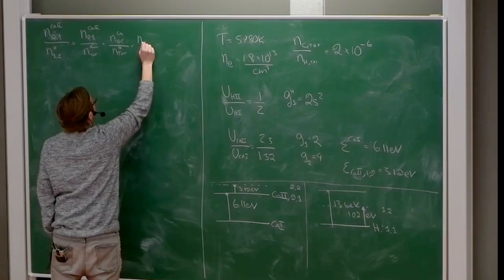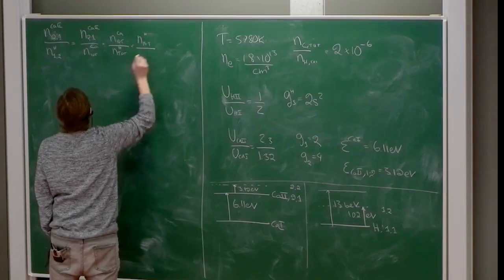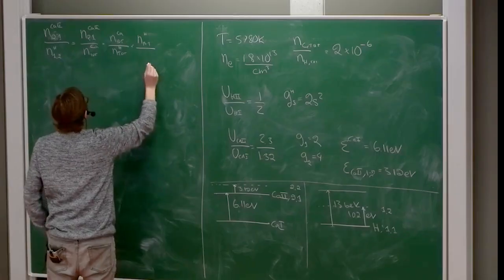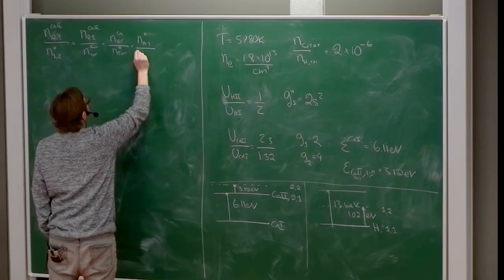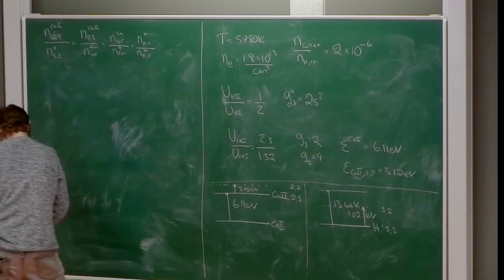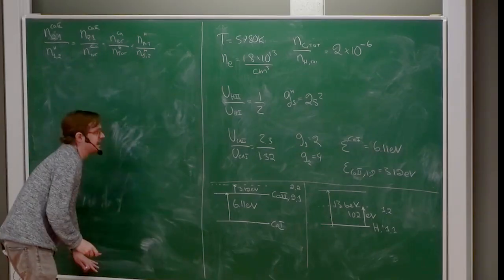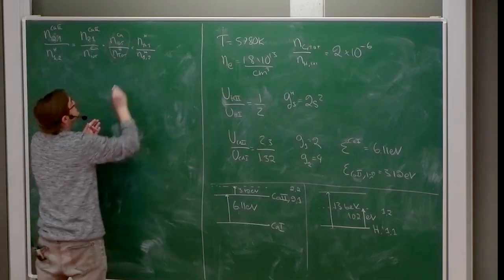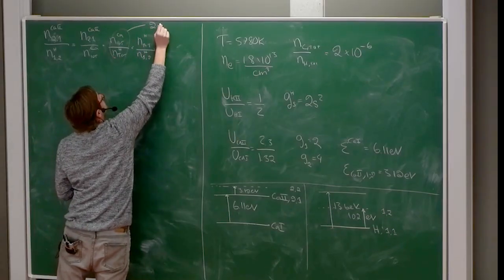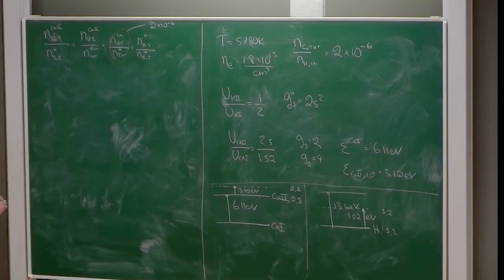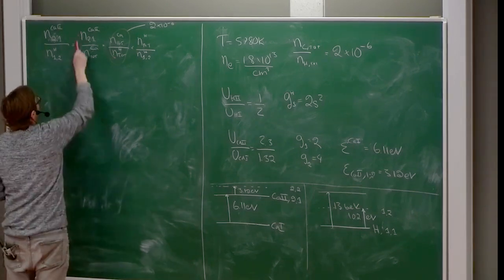N total of hydrogen divided by N_{1,2} of H, okay? Of these, we can see that this one is already given. It's our abundance, 2 times 10 to the minus 6, right? That's the total. So the ones we need to calculate now are